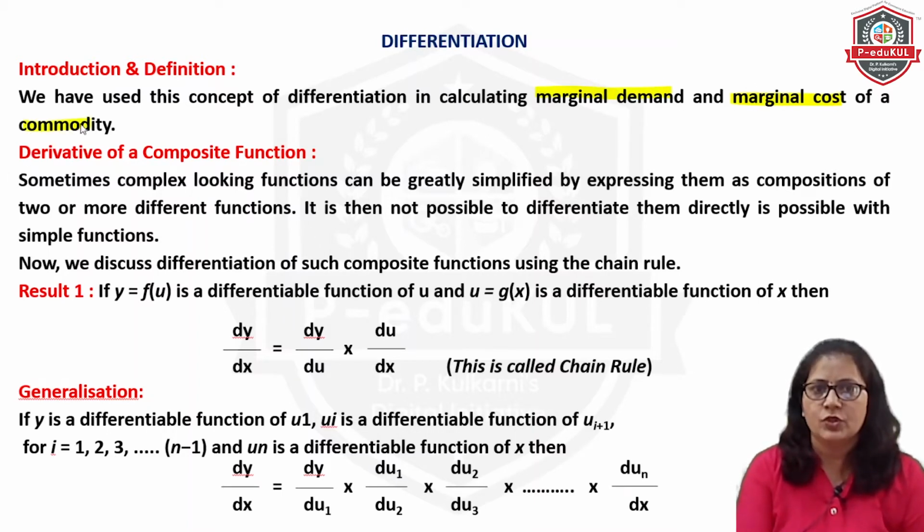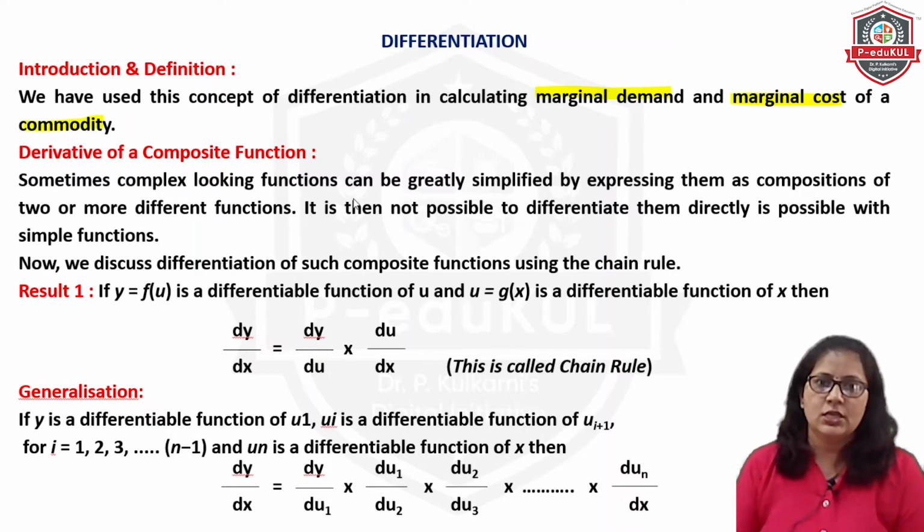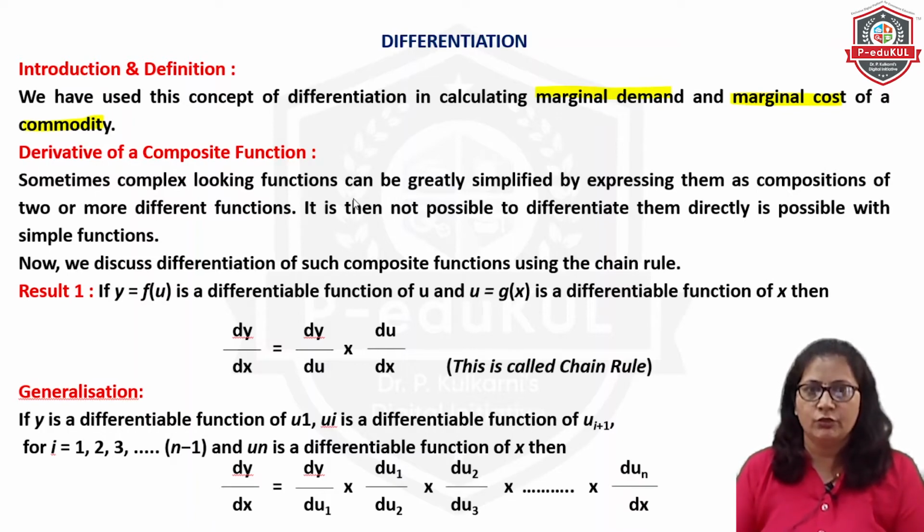So the derivative of a composite function means what? Here we are combining two functions. In mathematics we have five kinds of functions: L, I, A, T, E. L means logarithmic, I means inverse, A means algebraic, T means trigonometric and E means exponential function. This is the rule, LIATE. When choosing the function, first you choose the logarithmic function, then the inverse function, then the algebraic function, then trigonometric, and the last is the exponential function.